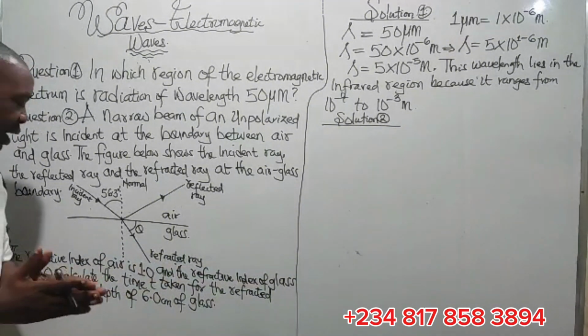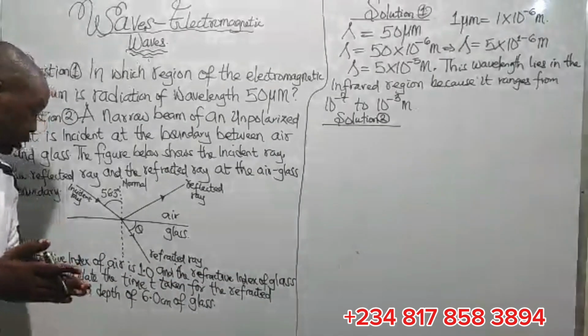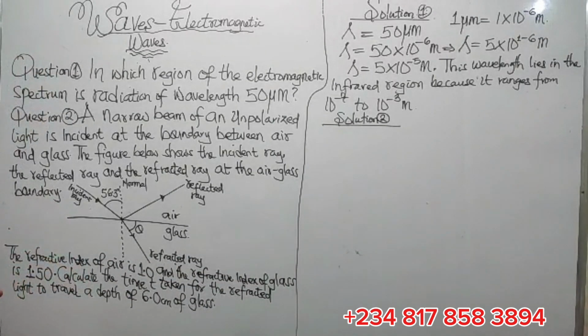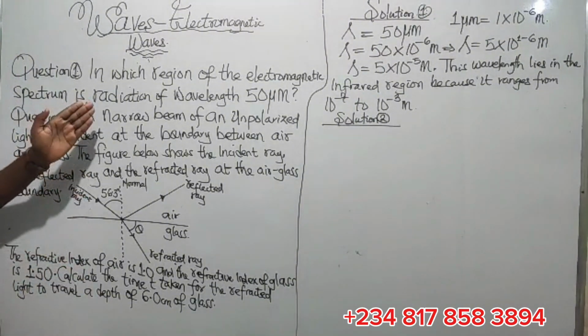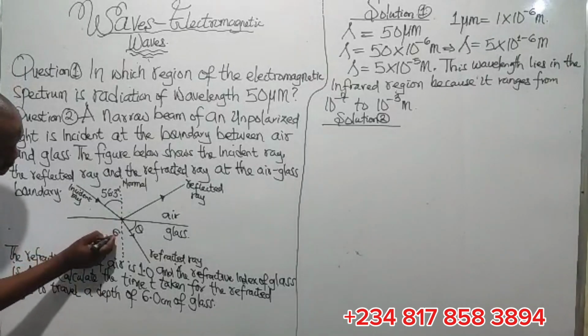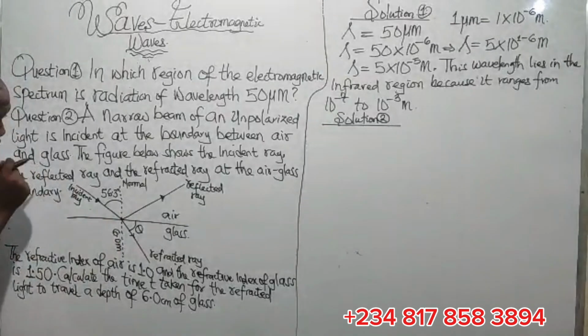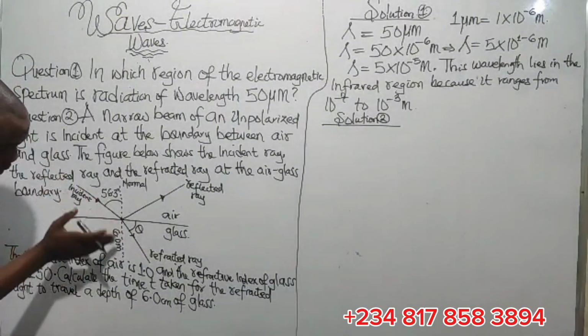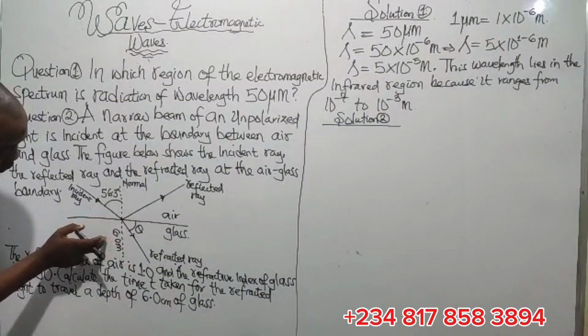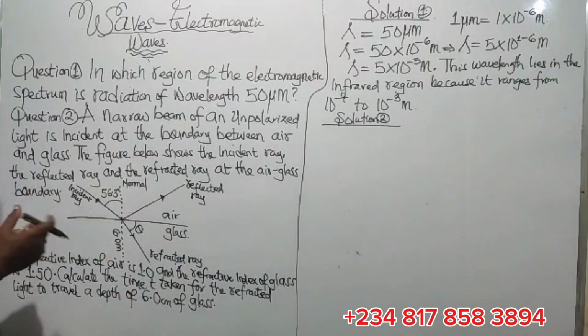So we want to calculate the time taken for the refracted light to travel a depth of 6.0 centimeters. That means that the light travels vertically through the glass at a distance of 6.0 meters. That's what it means. Okay, now if the light travels vertically through the glass at a distance of 6.0 meters, that is